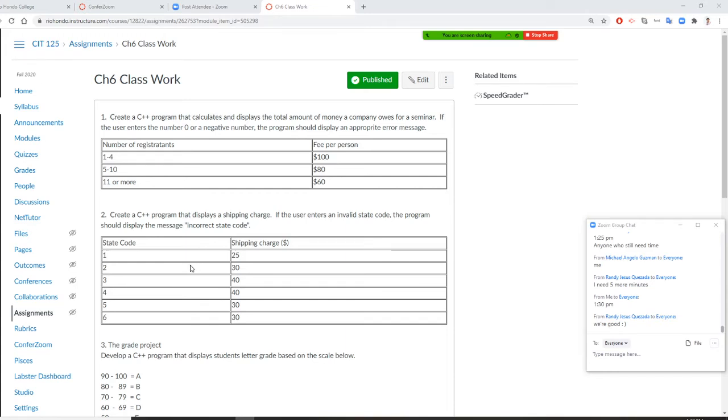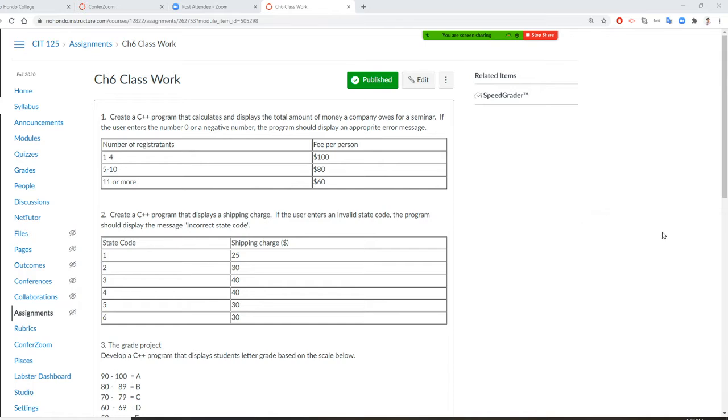Professor Liu is going to teach you number 1. Number 1, we create a C++ program to calculate and display the total amount of money the company is owed for the seminar. If the user enters 0 or a negative number, you're going to display input error. So the number has to be greater than 0. Is that right? Once the number is greater than 0,